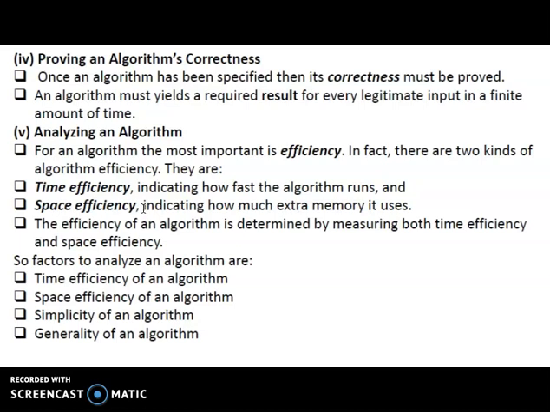The efficiency of an algorithm is determined by measuring both time efficiency and space efficiency. Analyze the algorithm for time efficiency, space efficiency, simplicity, and generality of the algorithm.